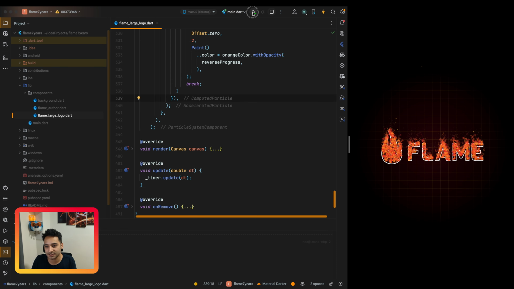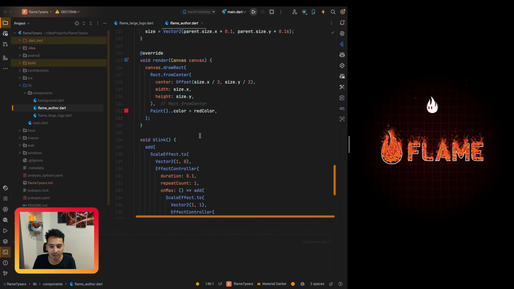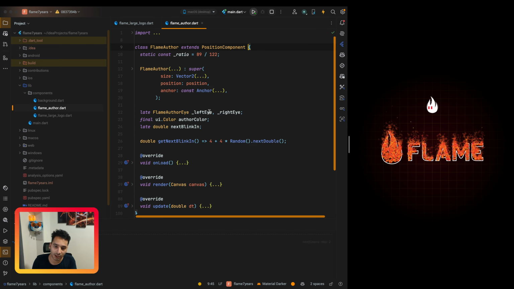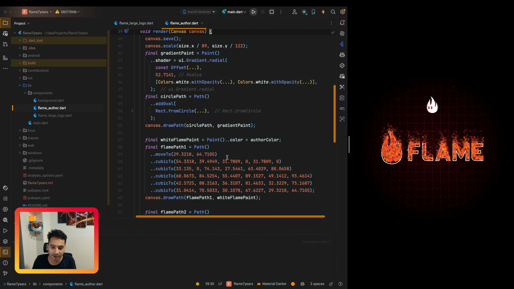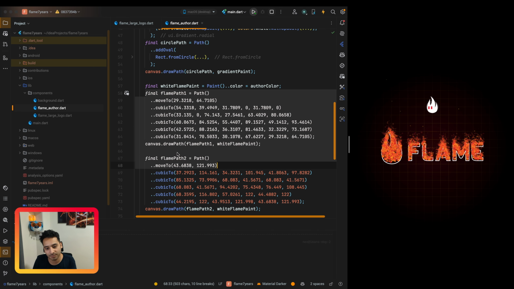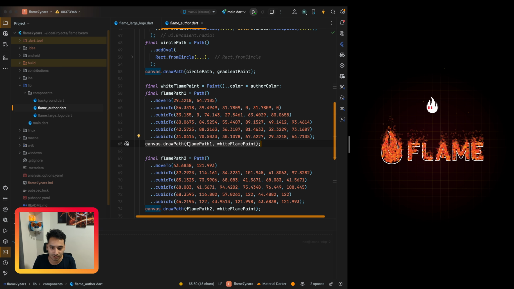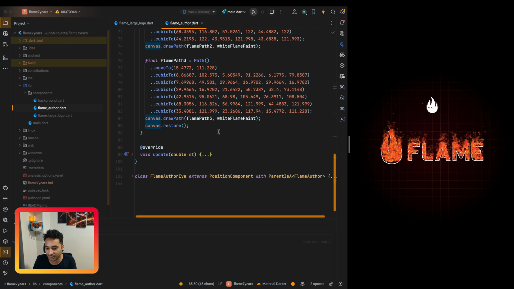And yeah, in the next step, I just worked on the flame outer shape and the eye animation, the blink animation. So it is here. And again, I asked ChatGPT to convert my SVG file to some canvas.drawPath methods. This way I could create the shape for the flame outer that we have.